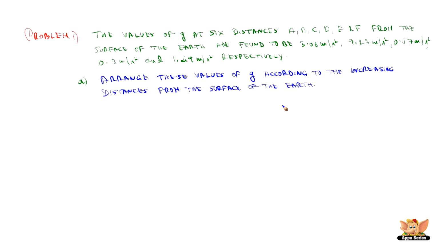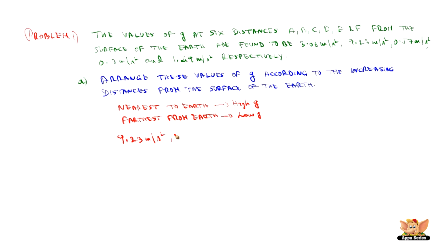Now we understand from the variation of g at different points on the Earth, nearest to the Earth comes first, and farthest from the Earth is last. So it means that nearest to the Earth has high acceleration, high g, and farthest from the Earth has the lowest g. So from this understanding, we can arrange